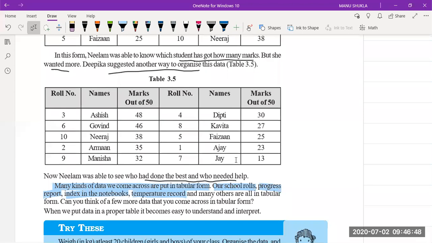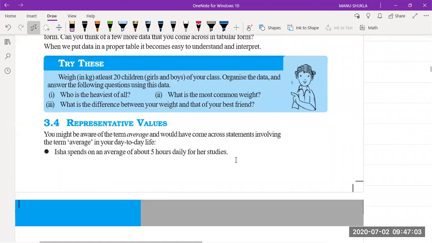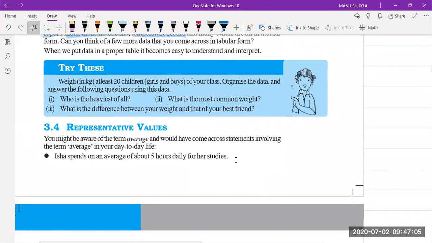Abhas. So almost all of you are getting what we are doing. We have first collected the data. After that, we have organized the data to make it meaningful, to make it easy to understand. Okay. Now we'll see the third step. Before the third step, there is a topic known as representative values. In the lecture, I've told you there are many values. In the class, I've told you, suppose you have scored some marks.